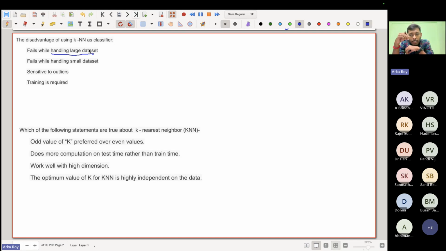And then you have to take decision. That means you have to sort the distance values in such a way that the 5 or 10 lowest distances are measured, and then you can take the decision. So when you will be dealing with a larger data set, KNN will have some issue related with the computational complexity. So for large data set,